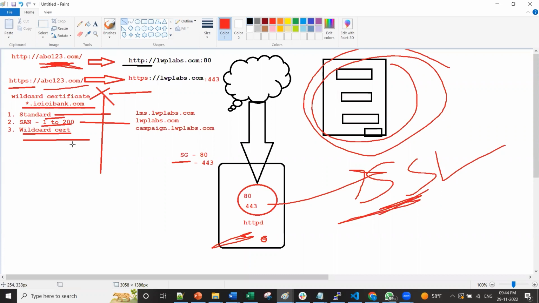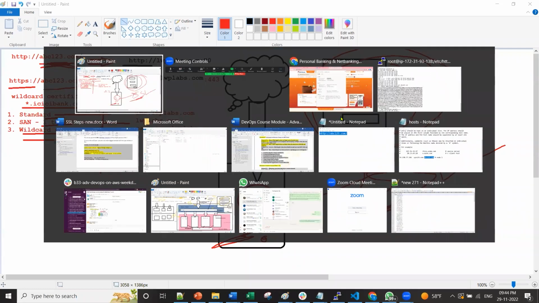Okay, clear to all of you? This concept. Doing SSL is very easy. Just step by step, copy paste, done. But this concept you have to understand, all of you. This is what will make the difference between LWP Lab students and the other students. Clear to all of you, right? Fine. Now,